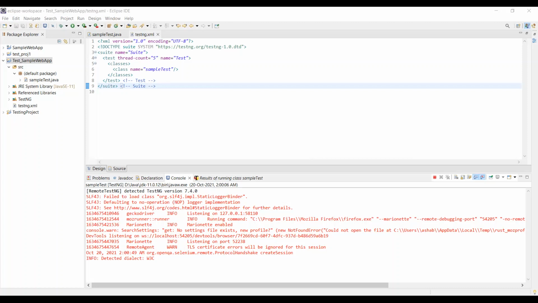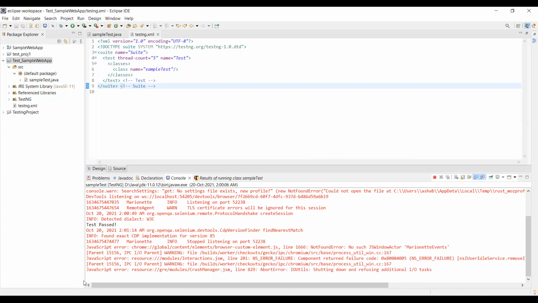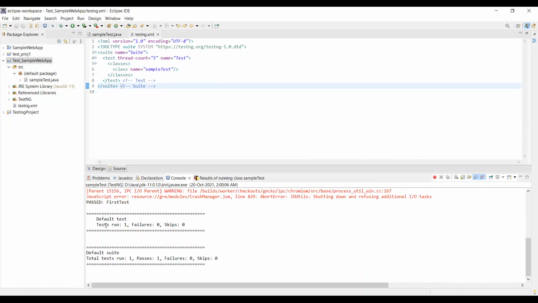This website has been visited, right? It will take the title, map it with the given text that it is expecting, and then it will give test passed as the result.